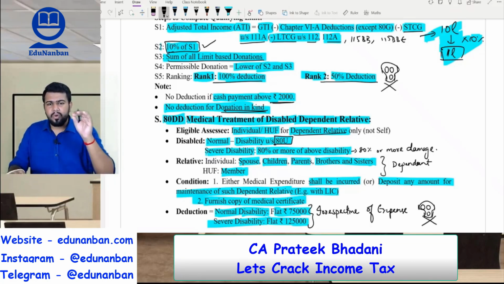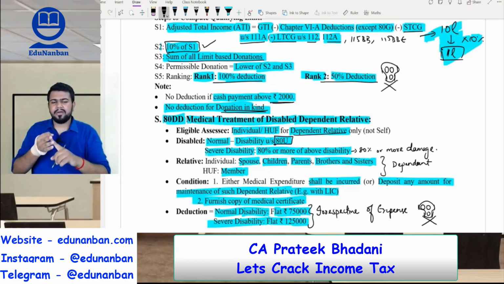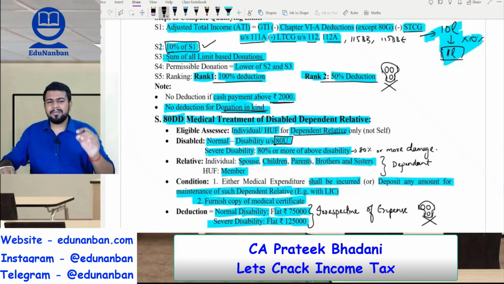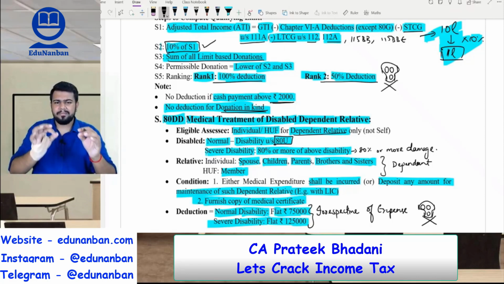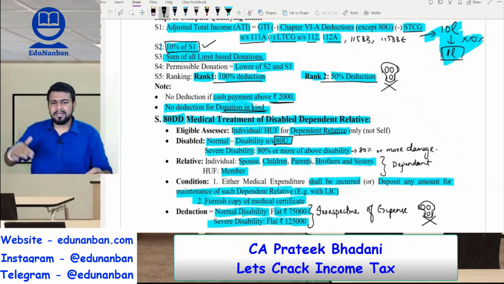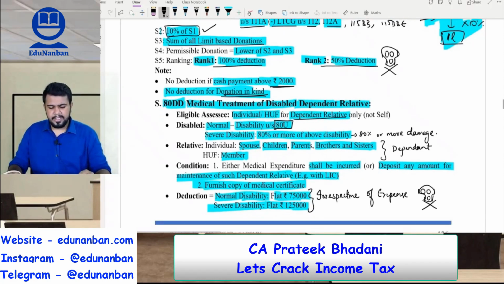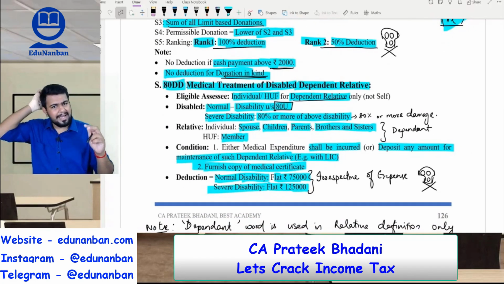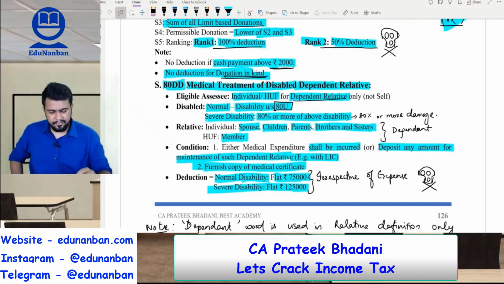Okay. However, only in 80JJAA, that is additional employee cost, you will find the wordings as account payee cheque, account payee bank draft, electronic clearing system, or any other prescribed mode. It means that if you are claiming deduction under 80JJAA, then you should only pay via prescribed modes. However, for the other deductions, wherever such condition is mentioned, if you are paying through any mode other than cash, it will be allowed as deduction. So this will help you to differentiate and it will help you to remember when you prepare for exams.